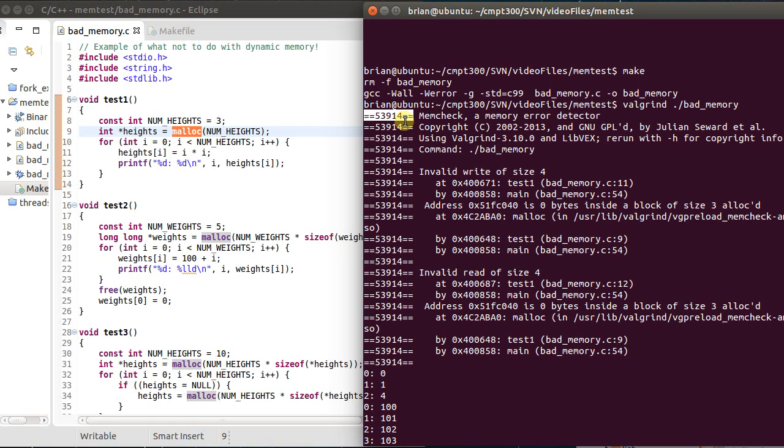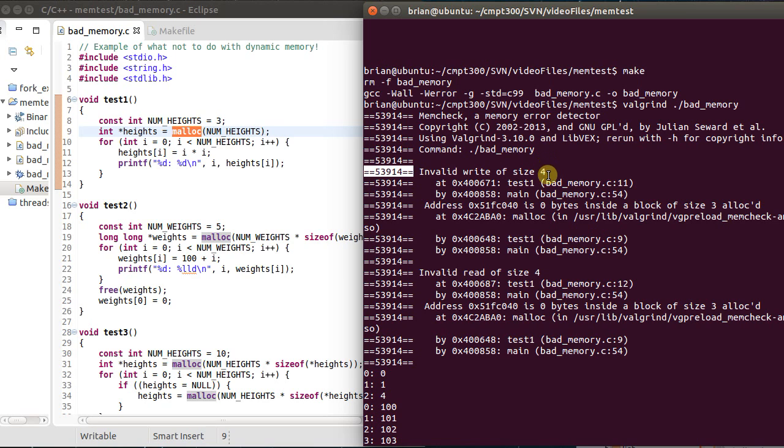It can trace forks. You've got a number of options to work on that. So if you're trying to debug a program that is forking separate processes, it will also help you out. And then we can see when it starts here, it starts to tell me different errors. So for example, invalid write of size 4. So I'm writing 4 bytes to an invalid